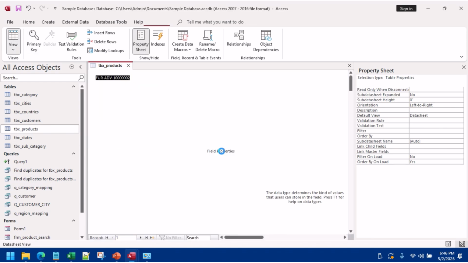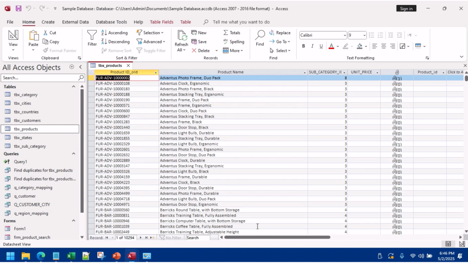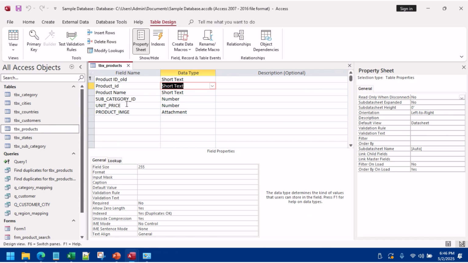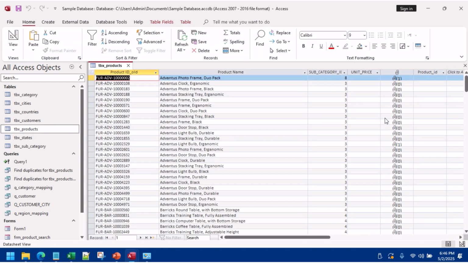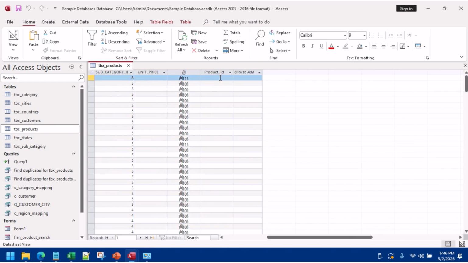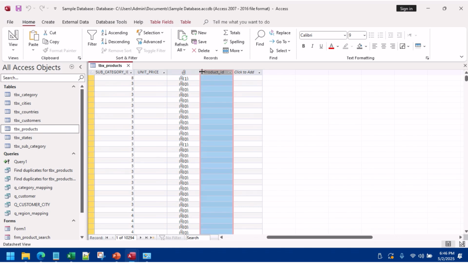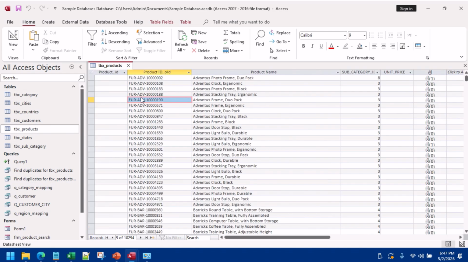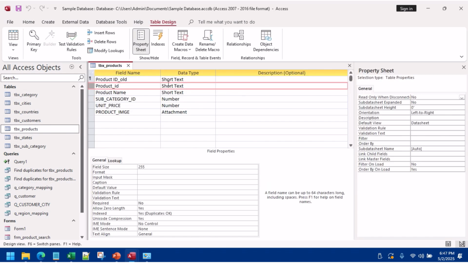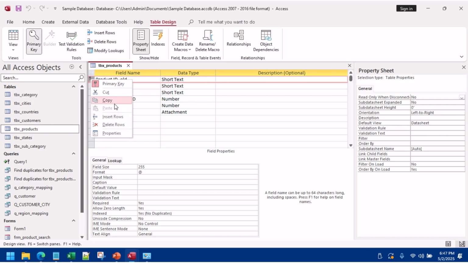First we'll check product ID old and product ID is there. Need to drag this one. At first, okay. Here, delete this,